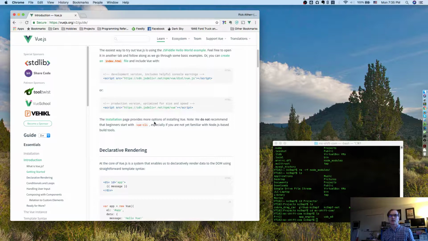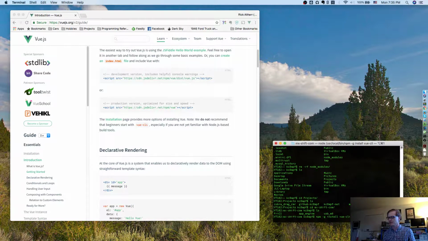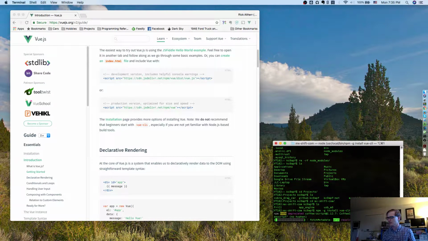only, like, they don't want you to get lost in trying to set up all the tooling for NPM and other things. Now, I happen to come with a background of building lots of system software and things, and I'm happy with the command line, and I also get how build tools generally work. So I'm going to go ahead and actually install Vue CLI, and as is most things in the JavaScript world, this is all done with NPM. So if I go ahead and install Vue CLI, and I'm going to install it globally,